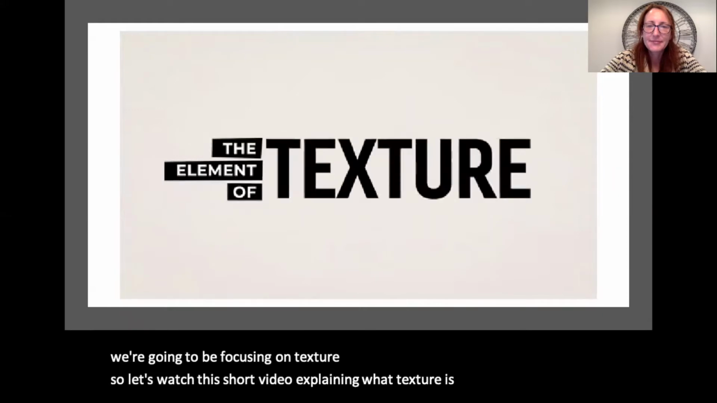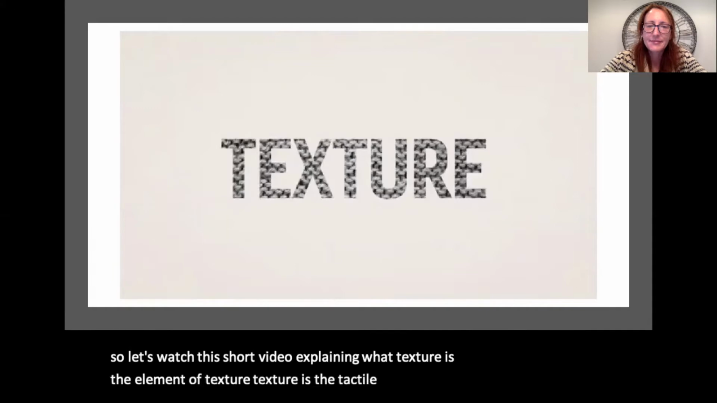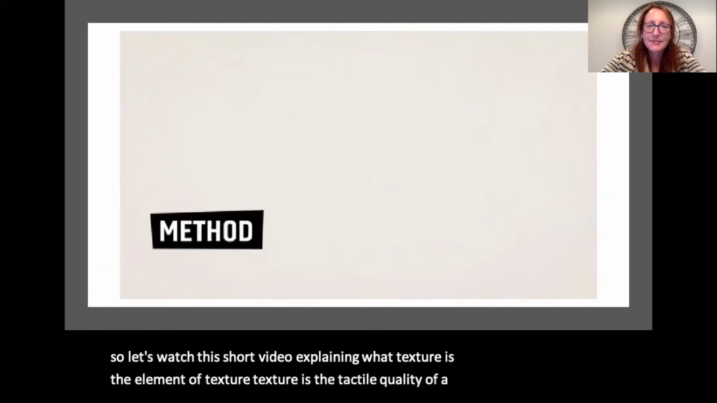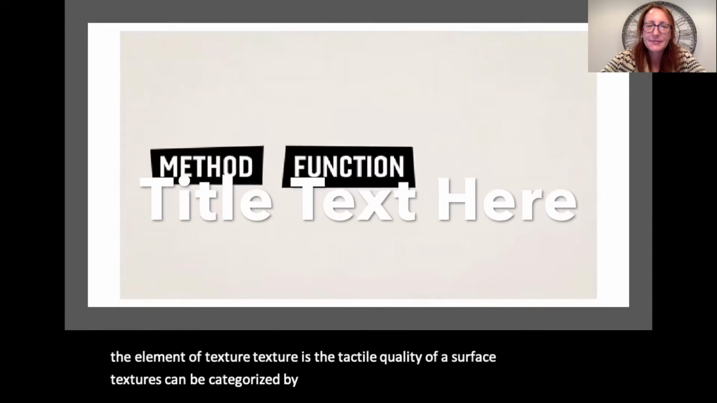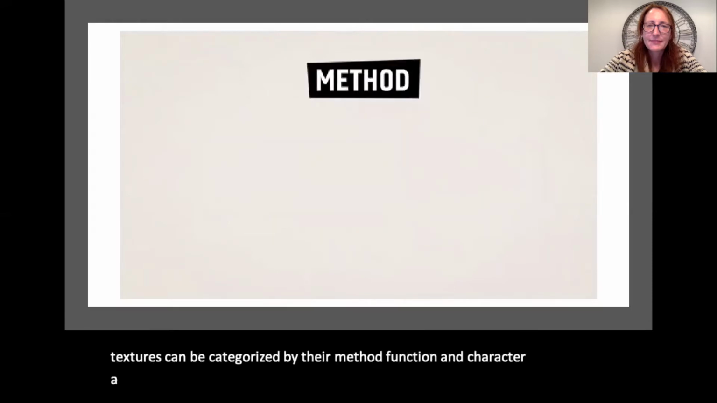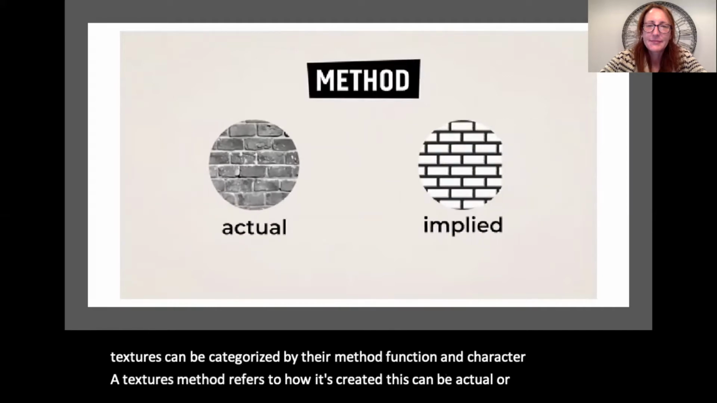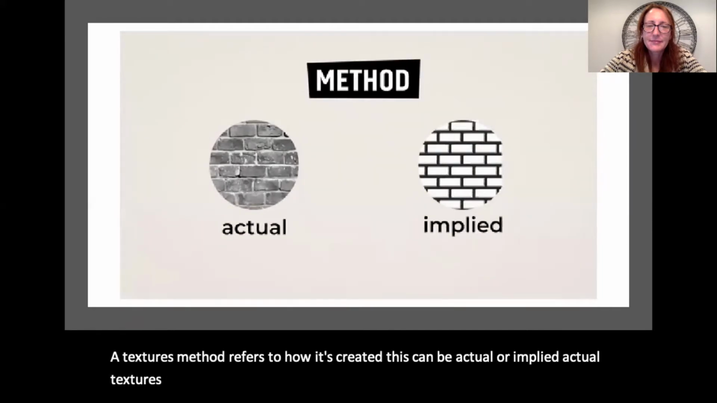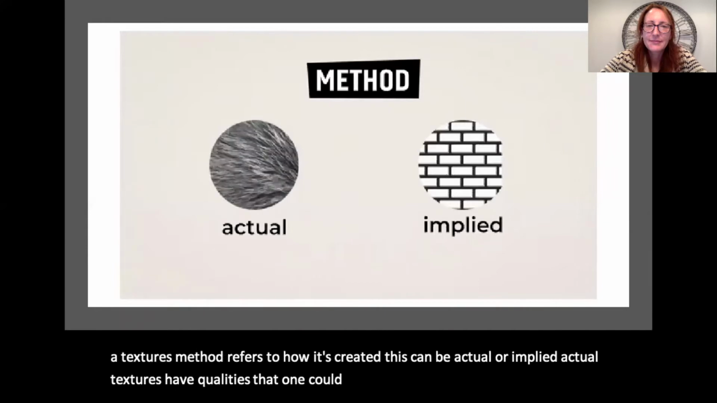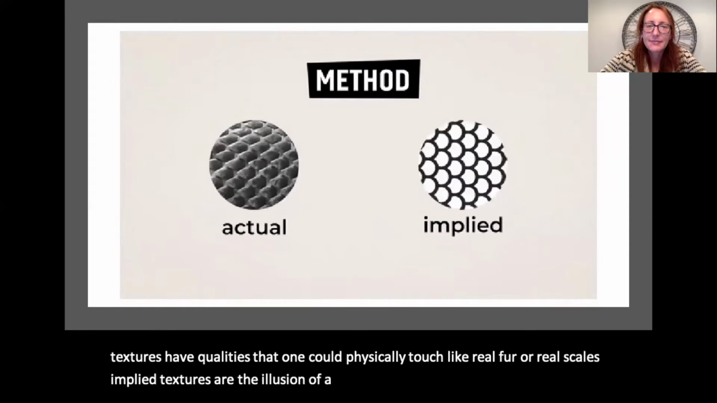Element of texture. Texture is the tactile quality of a surface. Textures can be categorized by their method, function, and character. A texture's method refers to how it's created. This can be actual or implied. Actual textures have qualities that one could physically touch, like real fur or real scales. Implied textures are the illusion of a texture, as created through drawing techniques, or the virtual mapping of a texture